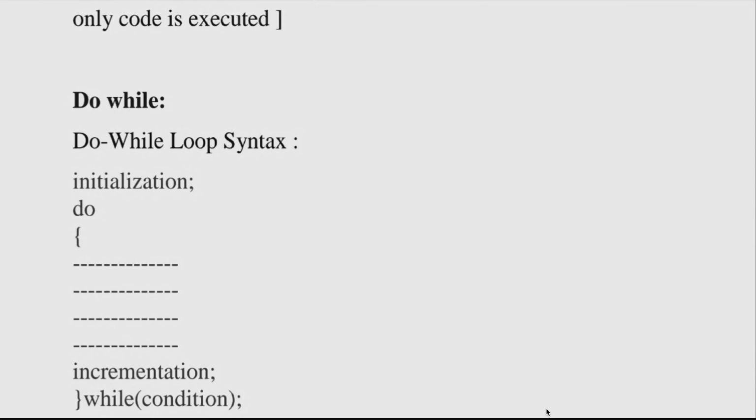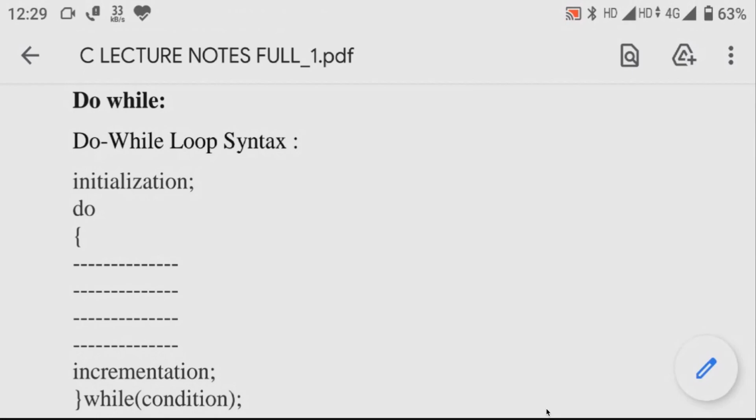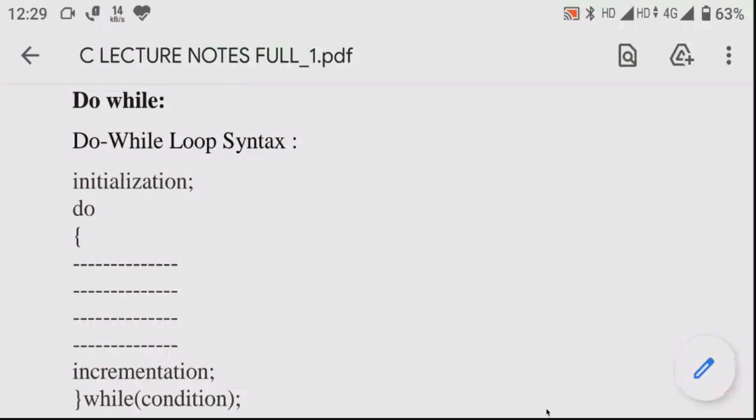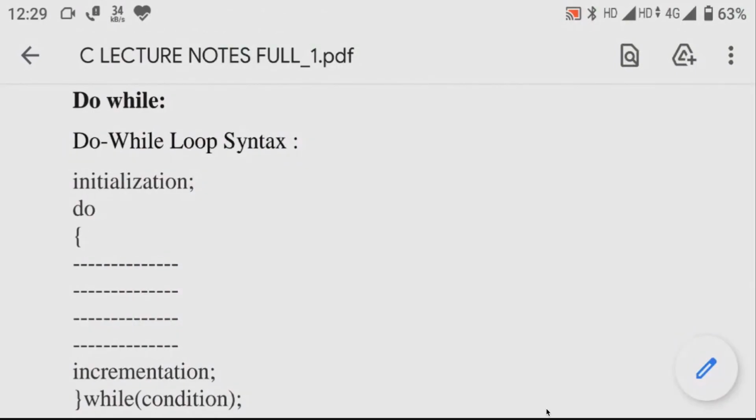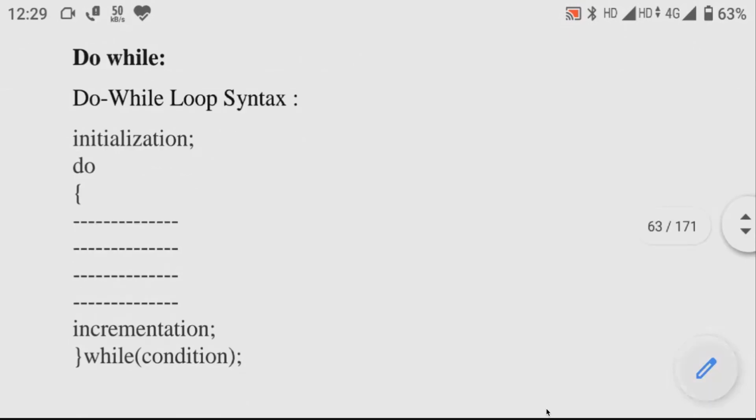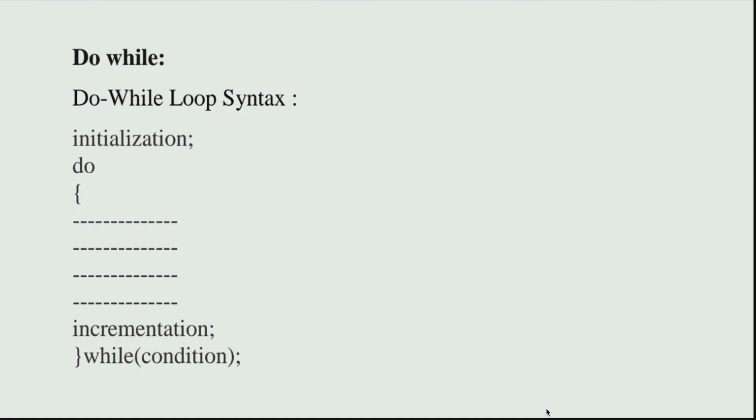So if you are a J section student, enter into class number 206 or 207, something like that. If I mention that, do means what? Enter into room 207, classroom number 207. What is the condition? While section J. So you are a section J student, then only enter into that classroom. What do I need to do? I need to enter into 207 if I belong to section J.